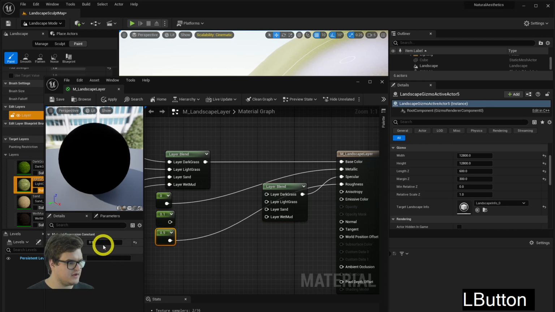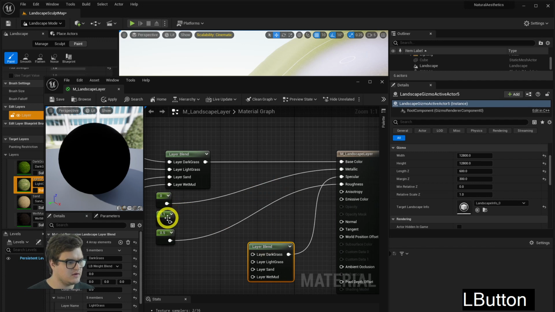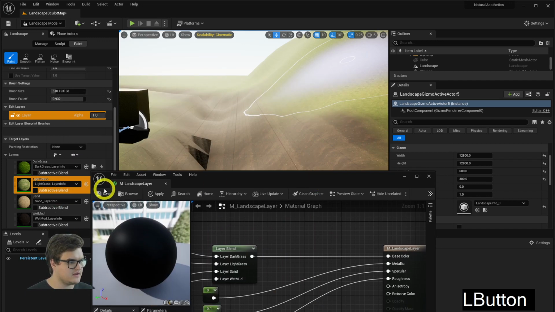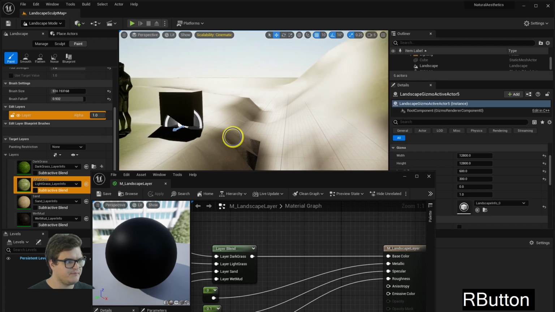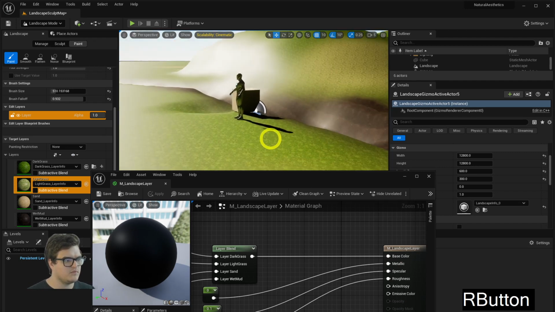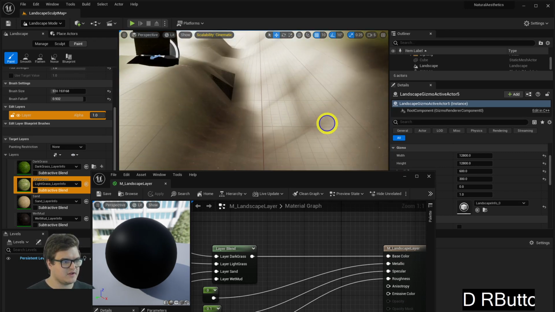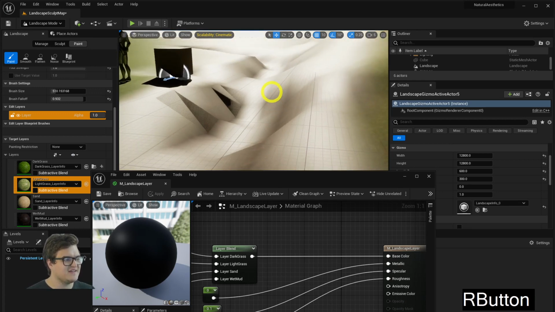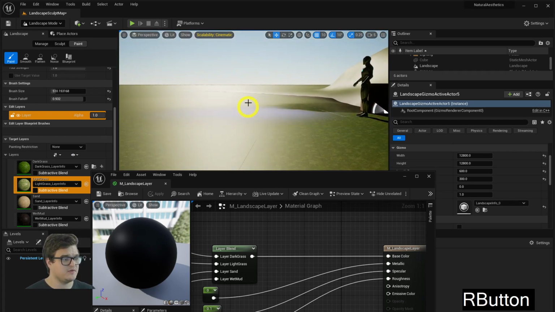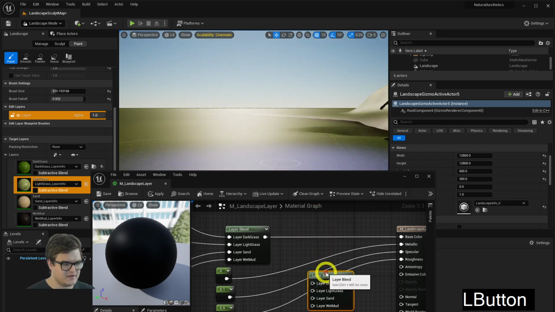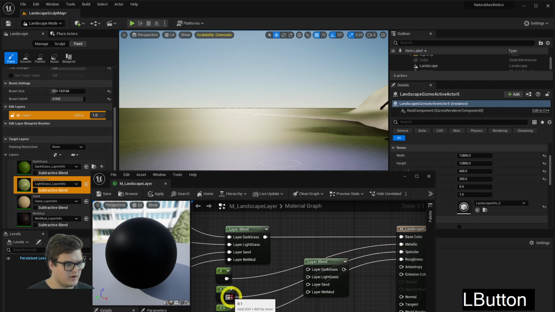I'll leave roughness at a default 0.5. Okay, and then let's just see what this looks like now all together. Right. So this is a really shiny specular in the muddy area, and also a really shiny specular in the grassy area. But if I take the landscape layer node and put the specular of 0.1, which is quite specular, as you can see here, into the wet mud, and then put 0 into everything else,